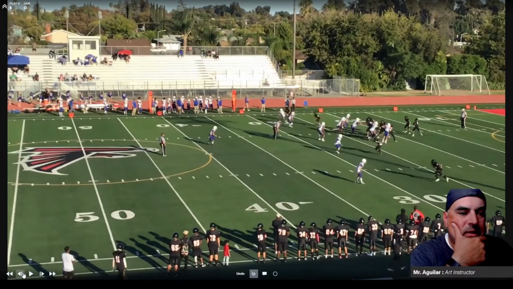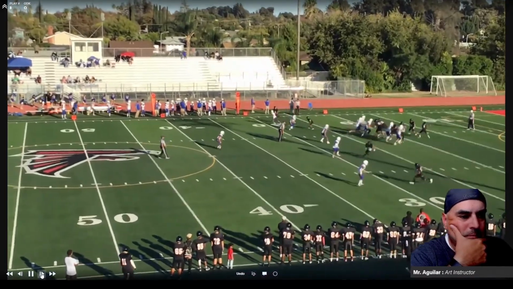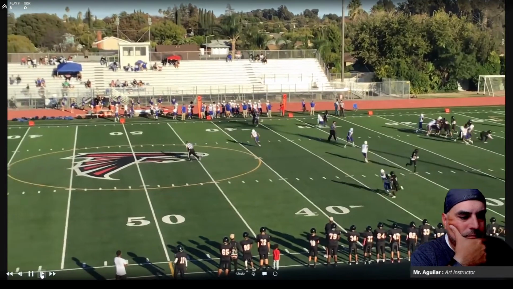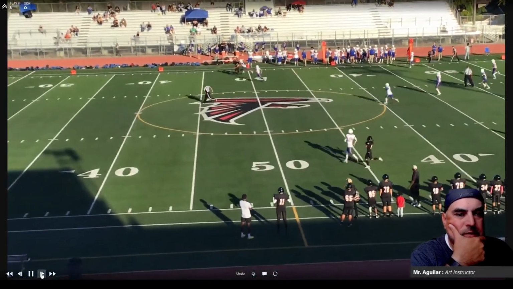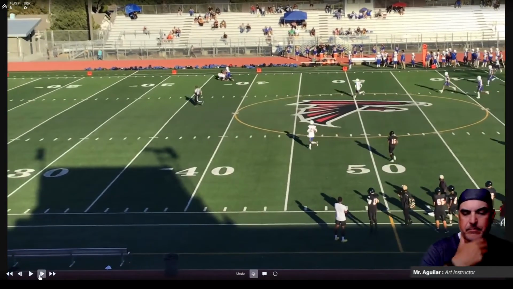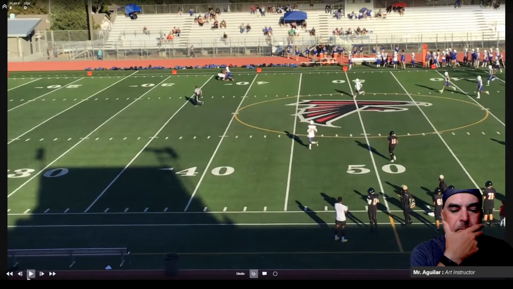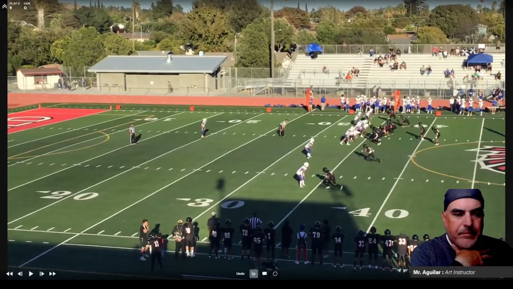So this is a fade with a 5-yard out on both sides. It looks like they got some speed.